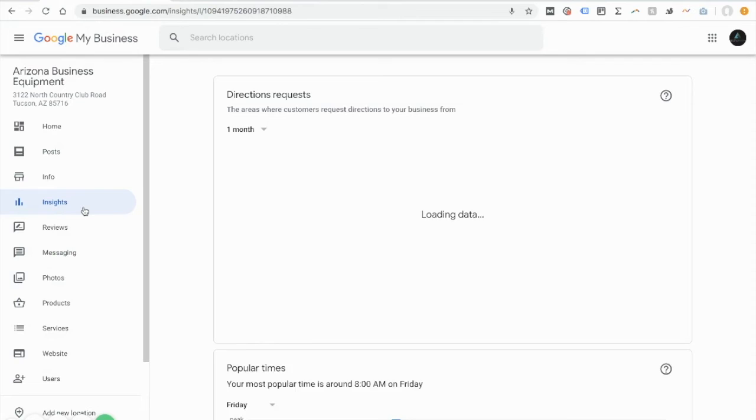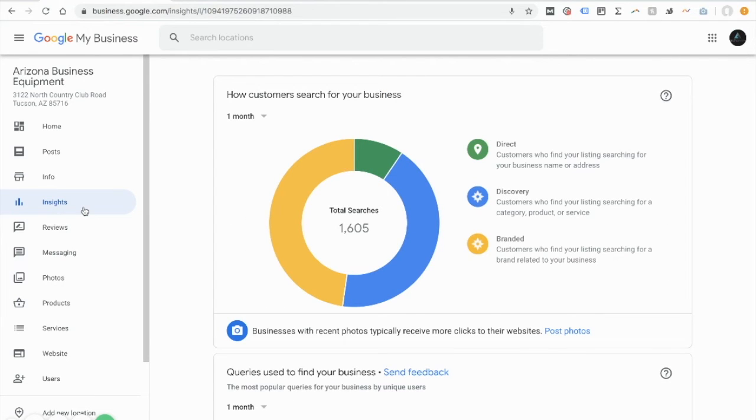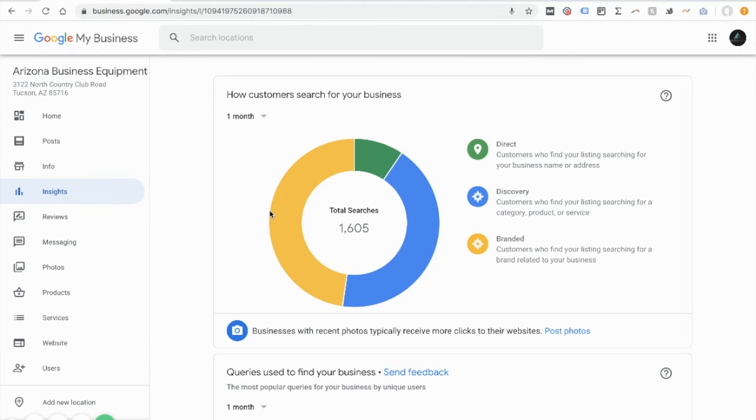Last but not least, I do want to just at least take a brief look at insights. Now, graphs can sometimes be a little bit confusing, and data you don't want to get overwhelmed with, but it is just really powerful to take a look at the effect of improving your Google My Business listing. As you can see here, just in a 1-month period, we have,